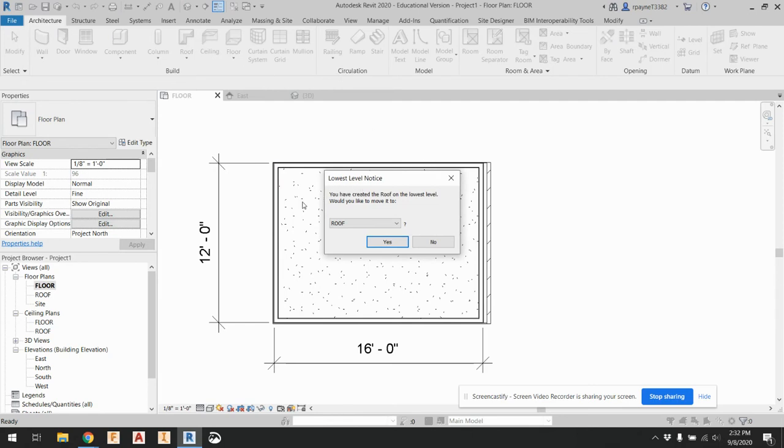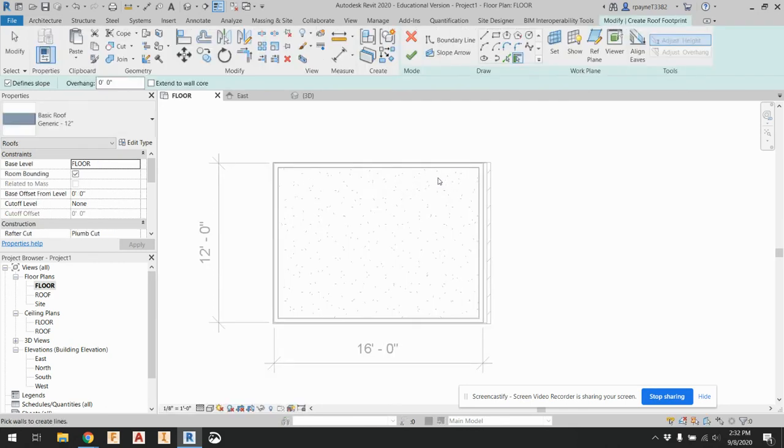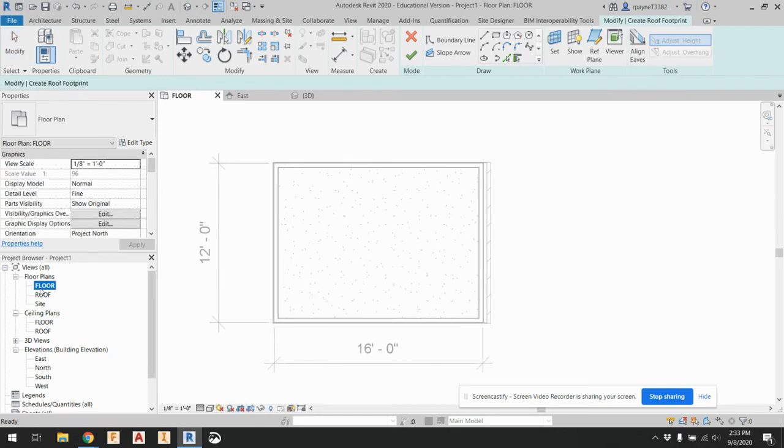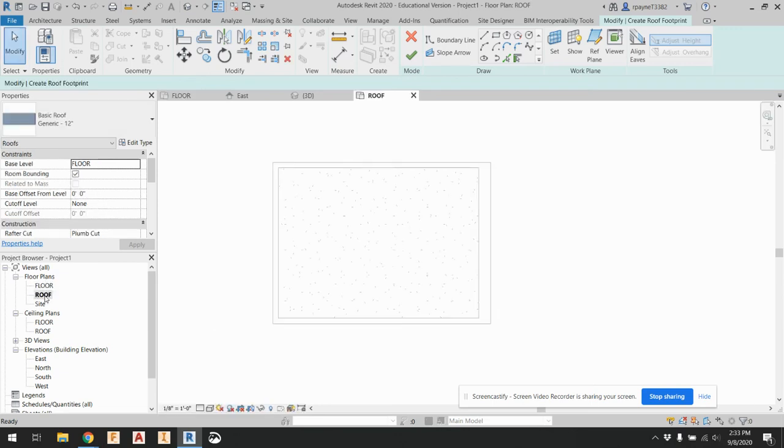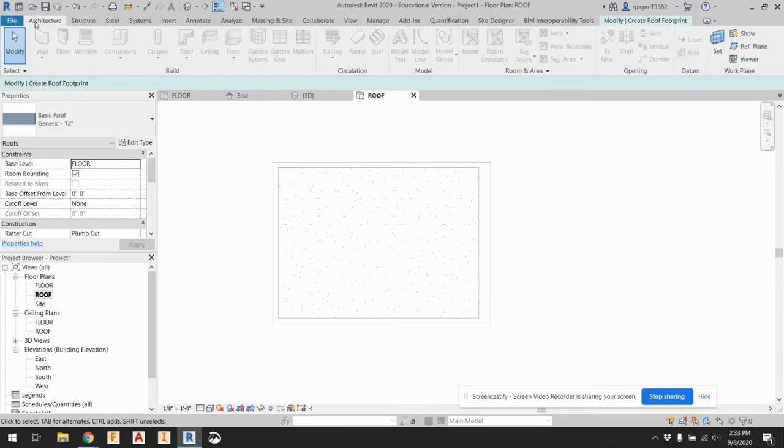And you'll notice that it gives you a lowest level notice. So just escape out. What it's saying is I'm on the floor. So if I want to build a roof on the floor, which doesn't make sense, I don't want to be on the floor. I want to be on the roof, and that's where I want to build my roof. All right, so escape out, and you'll realize that I can't because I